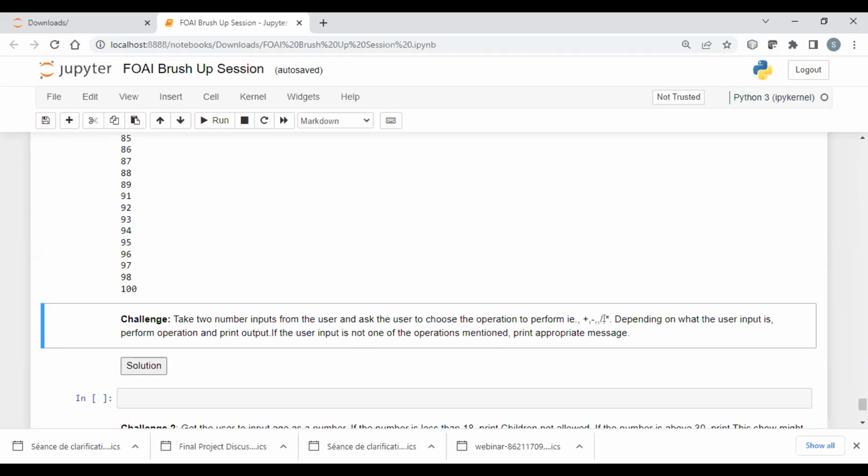I can give you 2-3 minutes and you can give a try to what code we are going to use. And then I'm going to show you the solution for this question. If there are any doubts or issues, please come ahead and let me know. A basic hint for this challenge: you need to make use of an if-else statement.